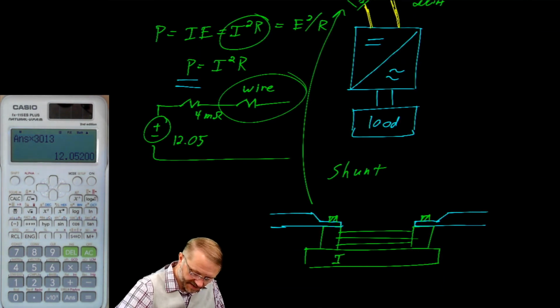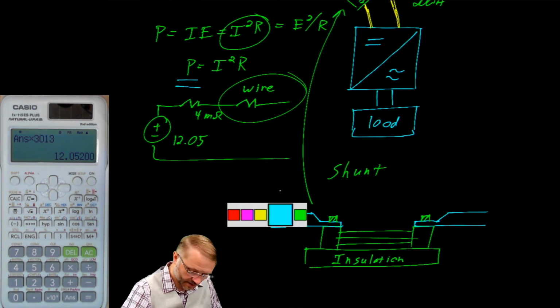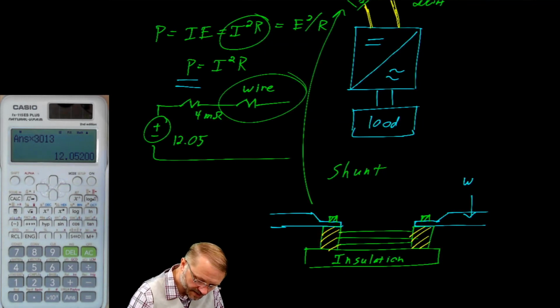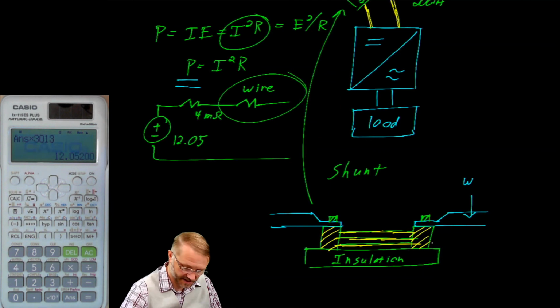This piece is an insulating mounting base. Here are the wires, which are bolted to this material, which is typically brass. And between those squares, we see some very thick wire, which forms a resistance,